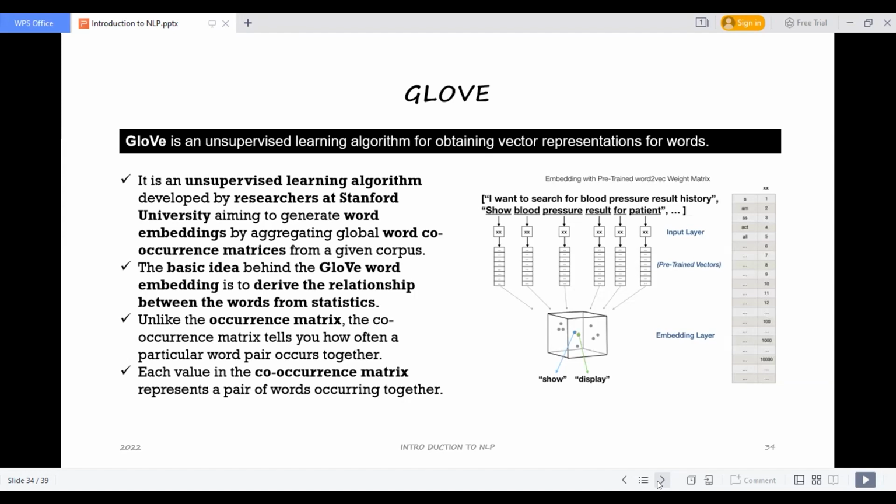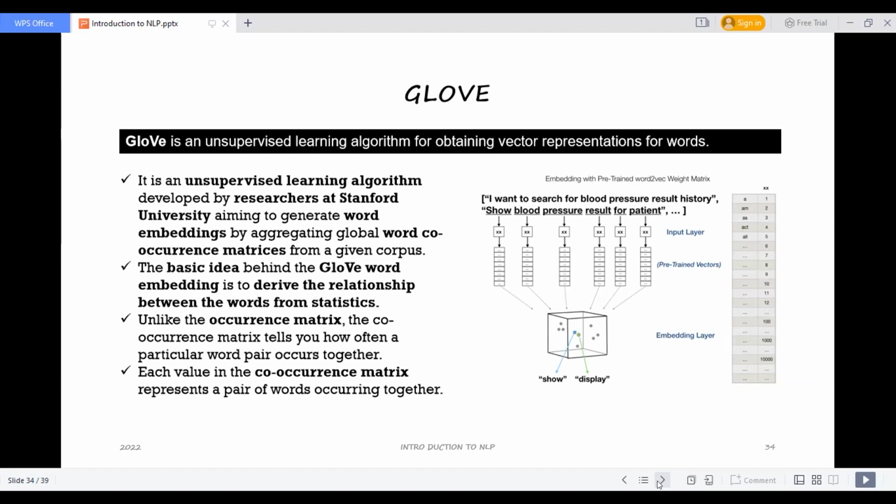This is an unsupervised learning algorithm, as we know, and it was developed by researchers at Stanford University. The aim of developing this algorithm is to generate word embeddings by aggregating a global word co-occurrence matrix, of course from the data we have, the corpus we have.